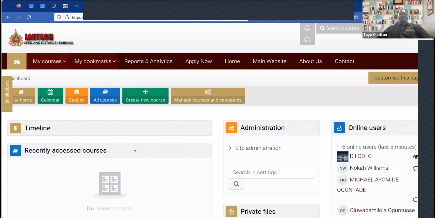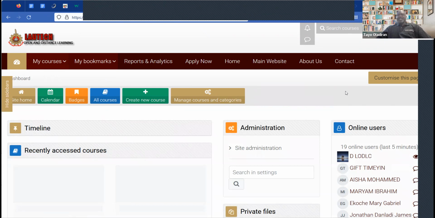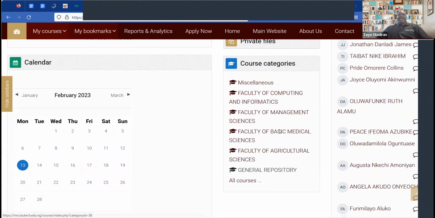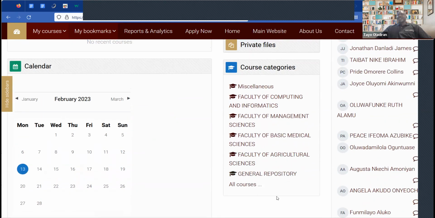Yeah, this is Moodle, and this is the home page of the Moodle that we use in my department. Currently, I have 19 online users. So, let me just show us how to navigate around. Yeah, the categories I was talking about, these are categories that we created by